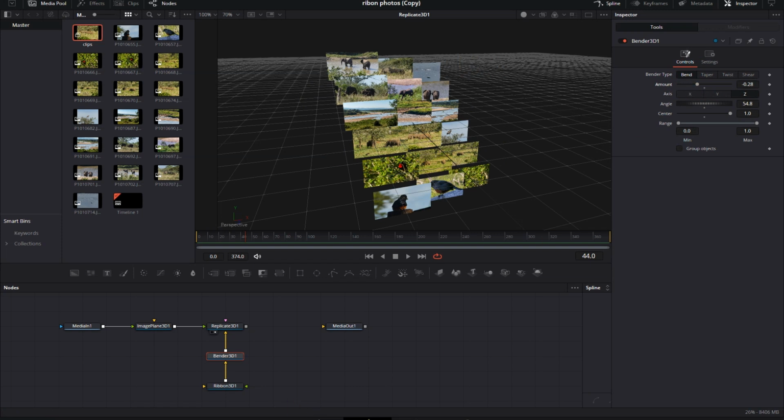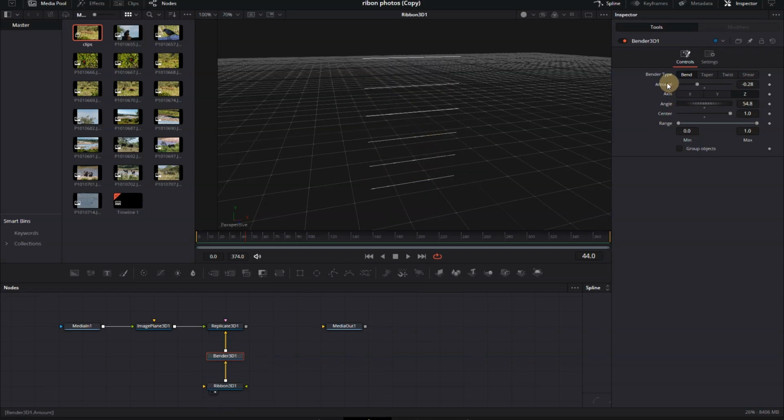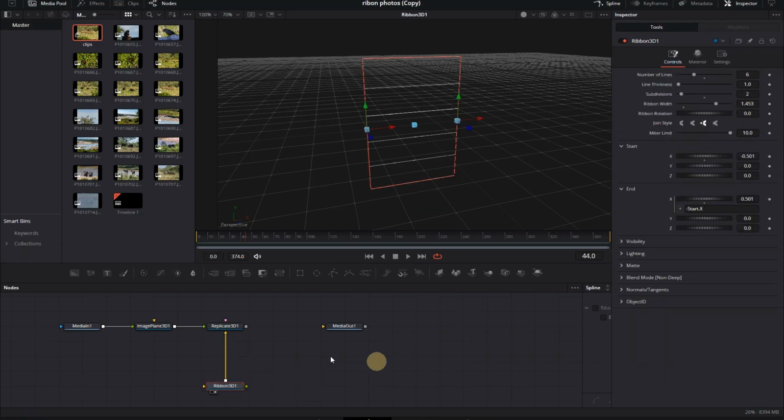To go further, we can make independent groups of photos. Let's remove the Bender 3D.